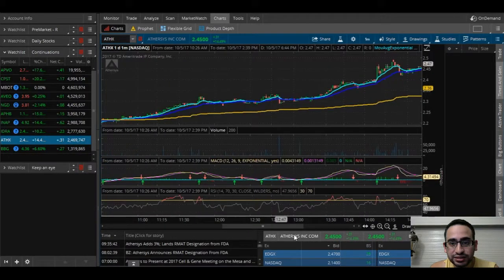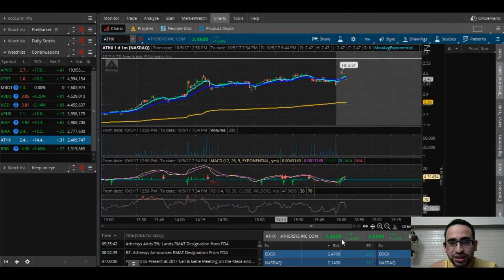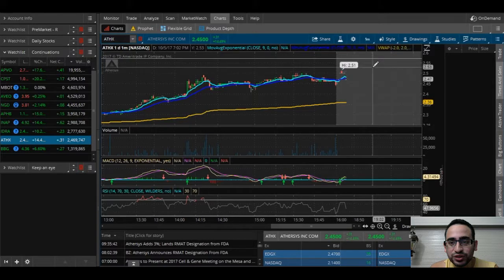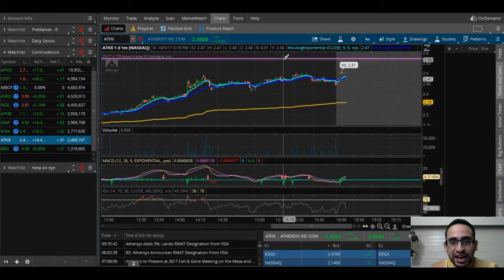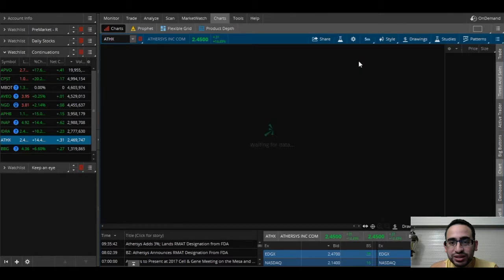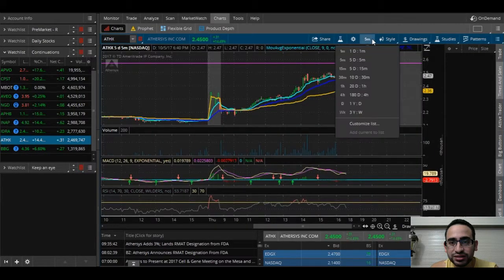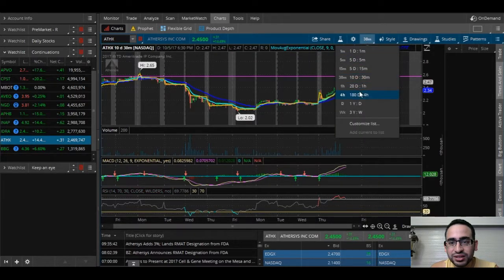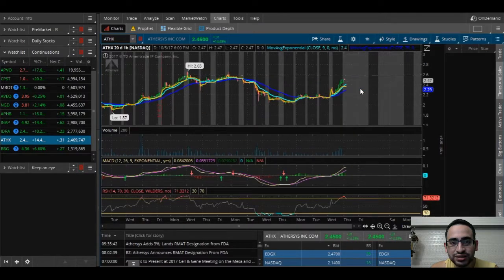ATHX, the chart doesn't really look all that good, but it made highs of 251 when the market closed. I have this line drawn on there already. Not sure when I drew it. Let's take a look. Man, when did I draw this line? Oh, I must have drawn this a while back. Let's see if I can go back even further. 20 days? Wow. Okay, so